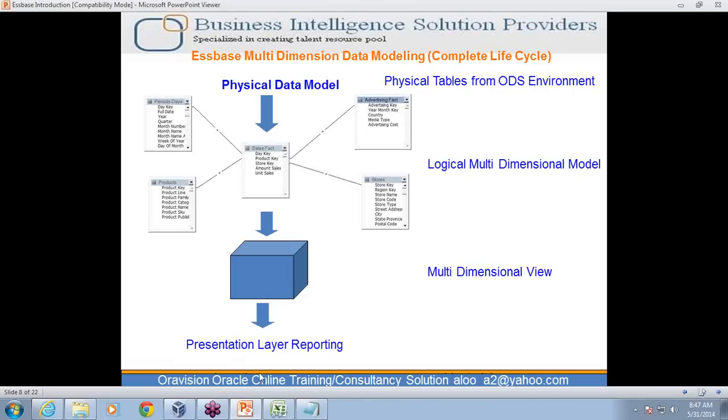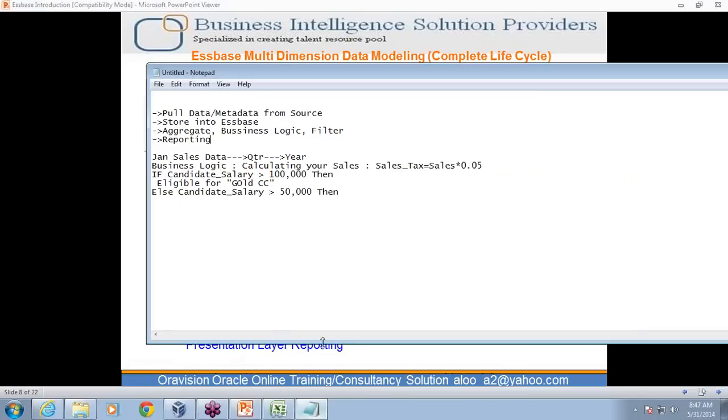Could be many reasons behind this. One simple reason, for example, I have employee details. I have got a table called TBL employee. Employee data is stored in multiple tables like TBL employee personal detail.